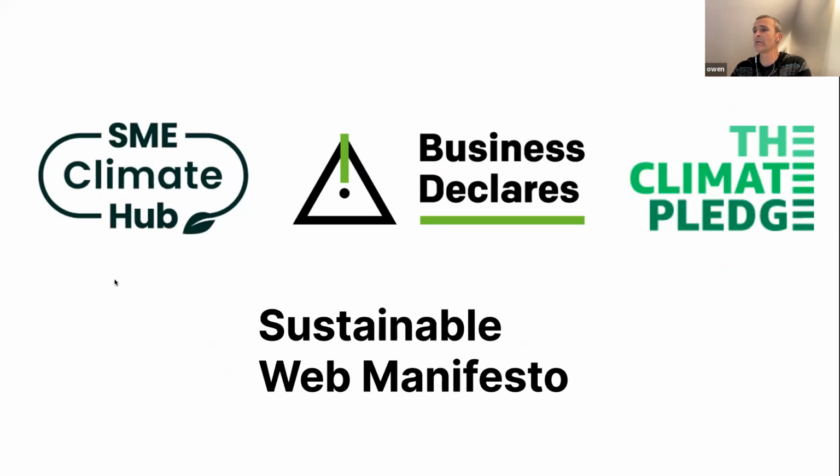So these are some of the ones that you would consider depending on the size of your organization. So if you're an SME, like where I work, check out the SME Climate Hub, super easy to sign up. As part of joining, you take a pledge on behalf of your organization committing to net zero and carbon neutrality. Business Declare is another one. They're based in the UK. But they're maybe a little bit more stringent than Climate Hub.